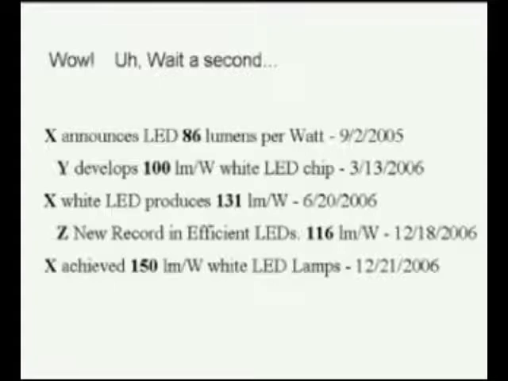These are actual headlines, and they date over the past several years. Now, these are all true, except that they aren't realistic. These numbers are actually for pulsed measurements, that is, very rapid measurements at room temperature. So you end up with, let's say, 150 lumens per watt for 25 milliseconds at 25 C, sometimes termed the